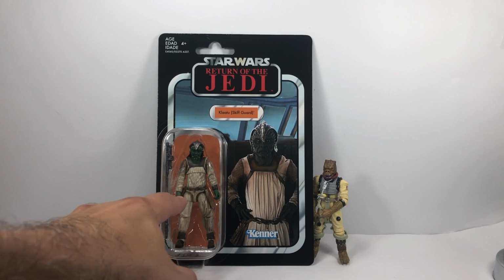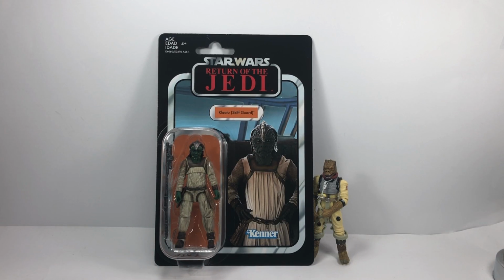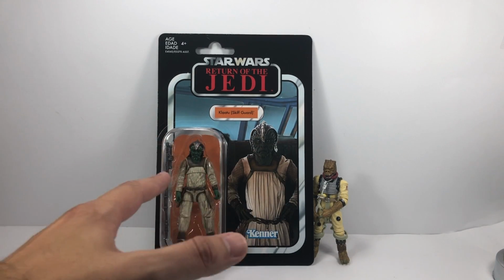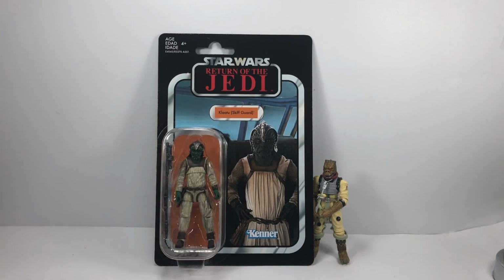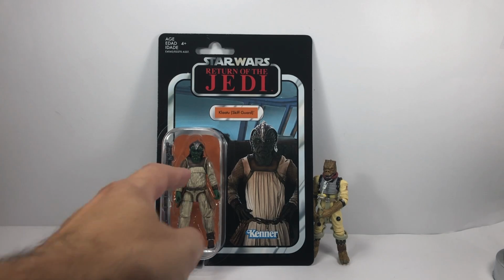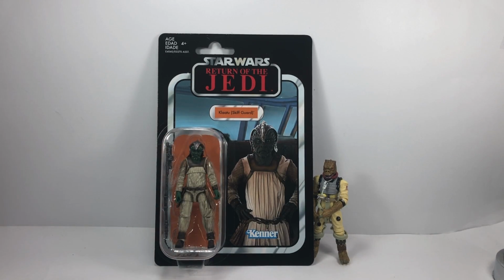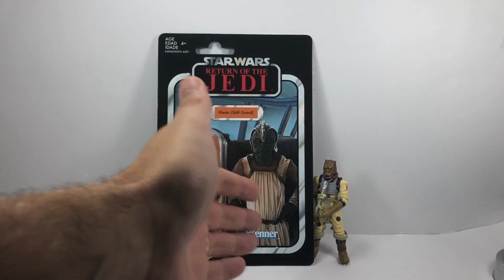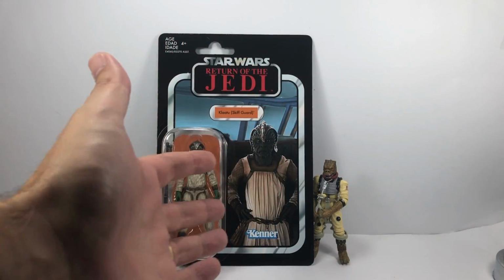So he's obviously got the ball jointed hips. A lot of people prefer the swivel hips. I actually like ball jointed hips if they're done correctly. But unfortunately, because this guy's wearing an all-in-one costume, it kind of makes him look like he's got a nappy on. So it's a little bit weird, but the facial sculpt and facial paint on this figure are lovely. But I think the card back lets it down slightly because they've had to treat it with Photoshop basically to get it